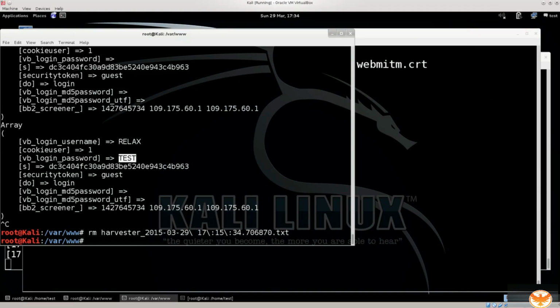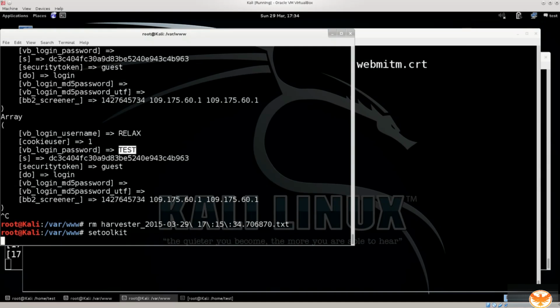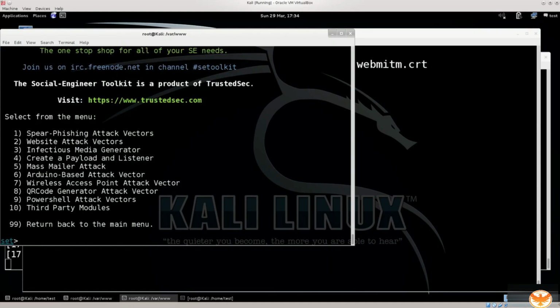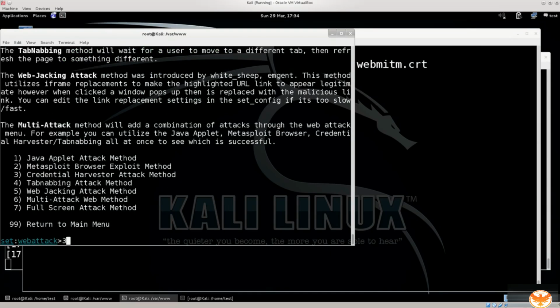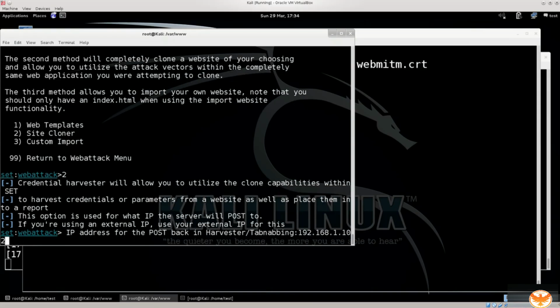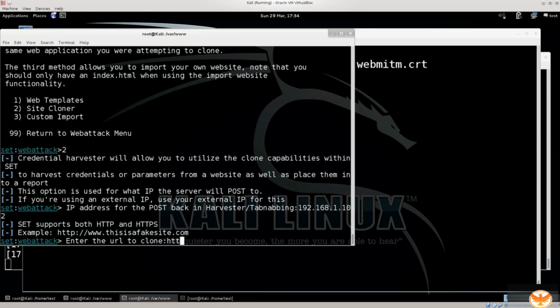So remove the harvester, set toolkit. Just do this really fast. Social engineering attacks, website attack vectors, credential harvester, site cloner, 192.168.1.102, http://, questions.org. I forgot the www. So